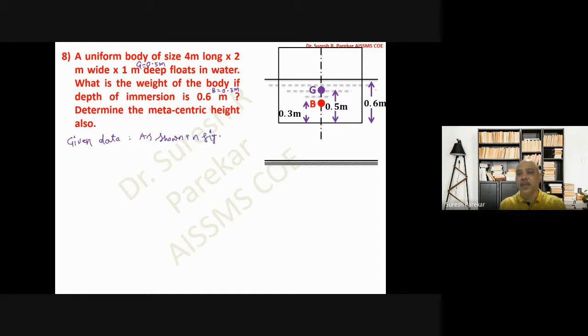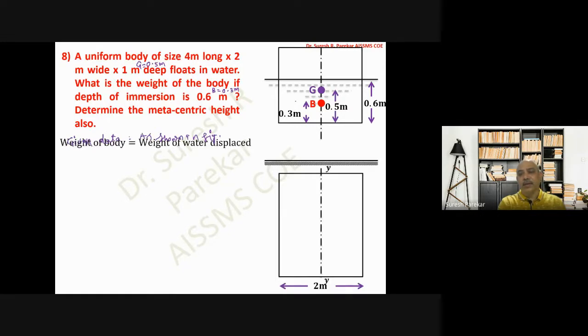So depth of immersion is 0.6, so that B is 0.3, and total height we have 1 meter. Therefore, my G is at 0.5 meters. And then I will go to the weight of body, and we know weight of body is equal to volume of water displaced, and volume of water displaced we can have, that is